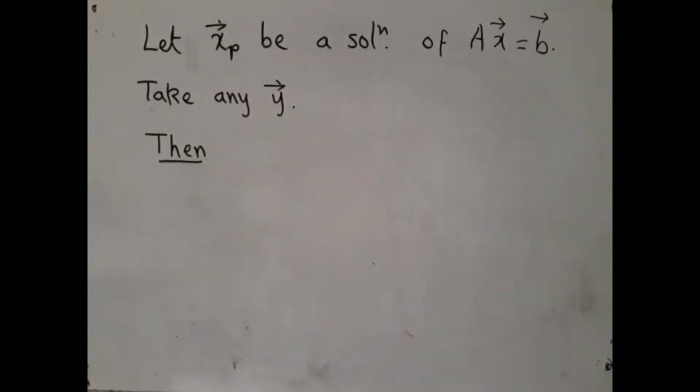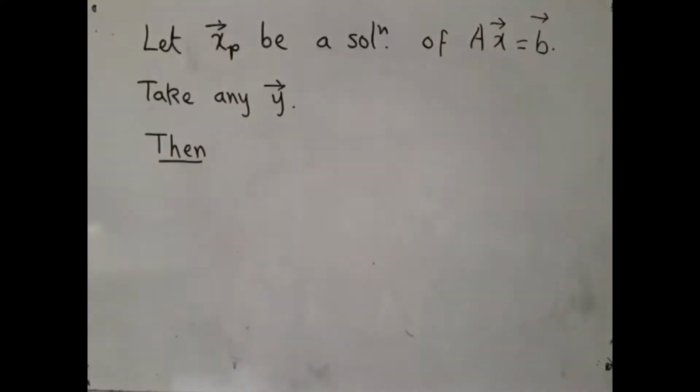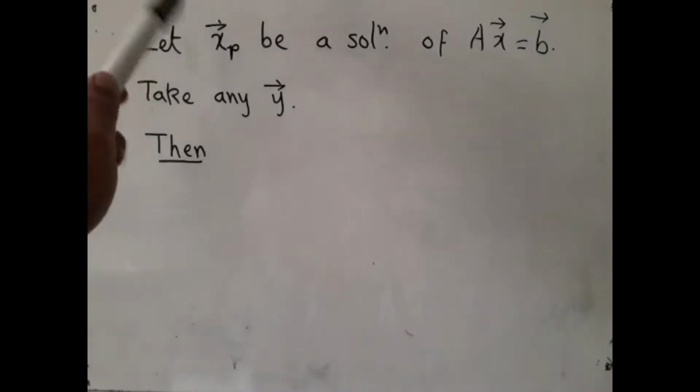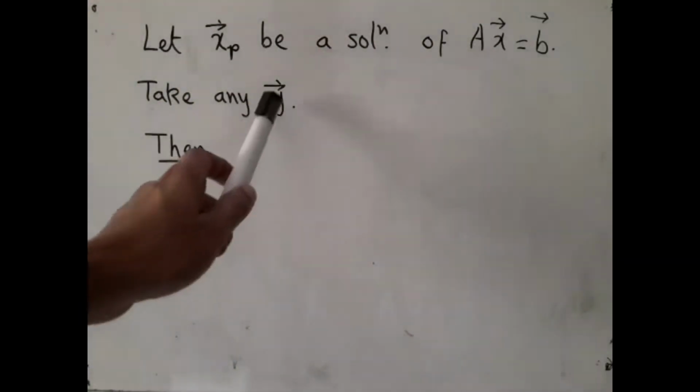To understand how, we need a result. The result goes like this. Let xp be any solution of this system. So I am assuming that the system is consistent. It has got at least one solution. Because if it is inconsistent, then life is simple. We just say that there is no solution. So suppose xp, I have chosen the letter p because of some reason that will be clear in a moment. Let xp be any solution of Ax equal to b. You take any other vector y,